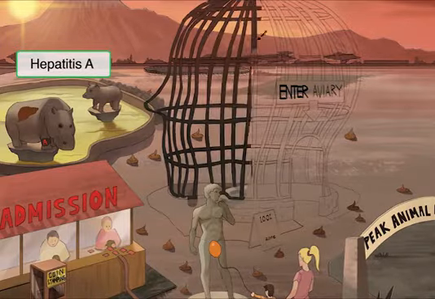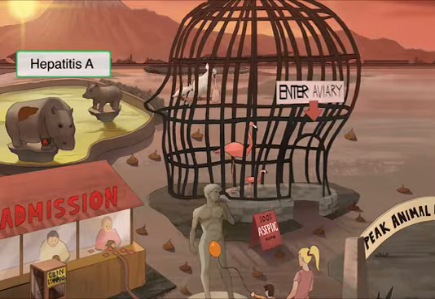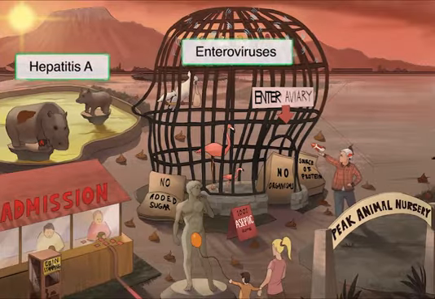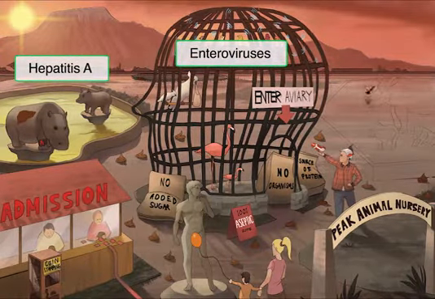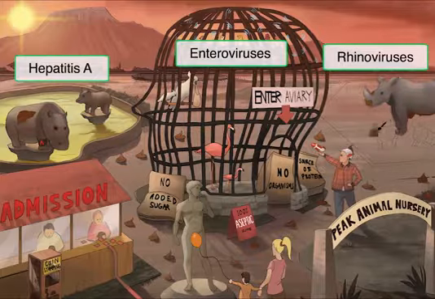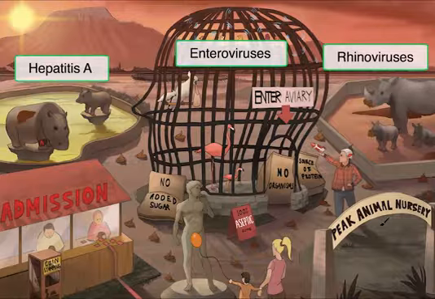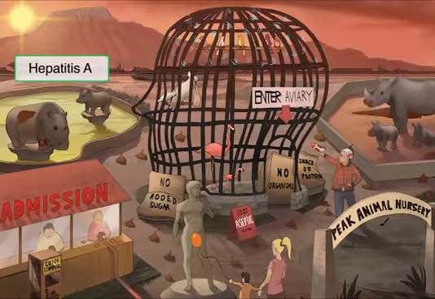Then you can enter the aviary, which represents enteroviruses, here in the center. And on the right, we have our rhino, which, as you probably guessed, is for a rhinovirus. We'll delve more into each of these in their individual videos, but let's do a quick overview, starting with hepatitis A. You're going to have to know 5 main types of hepatitis, and you need to remember that hepatitis A